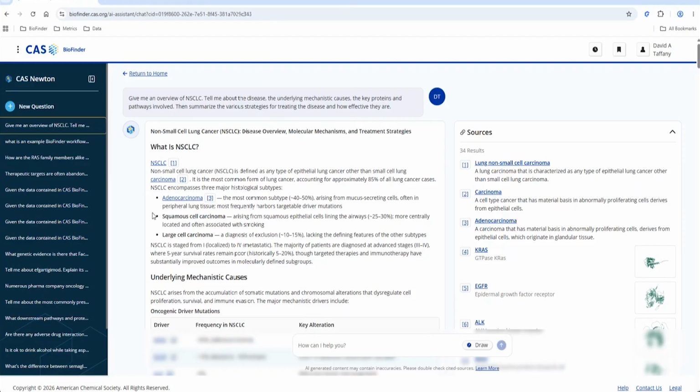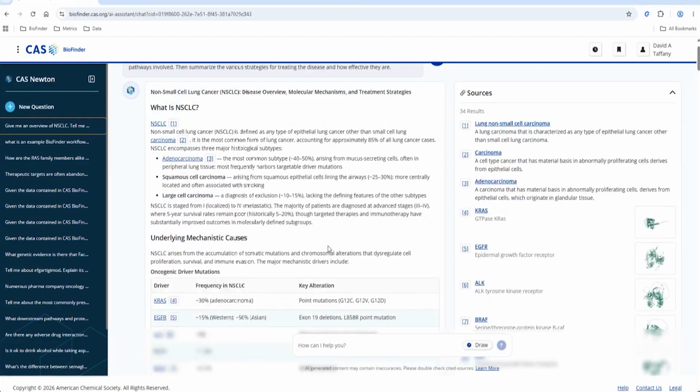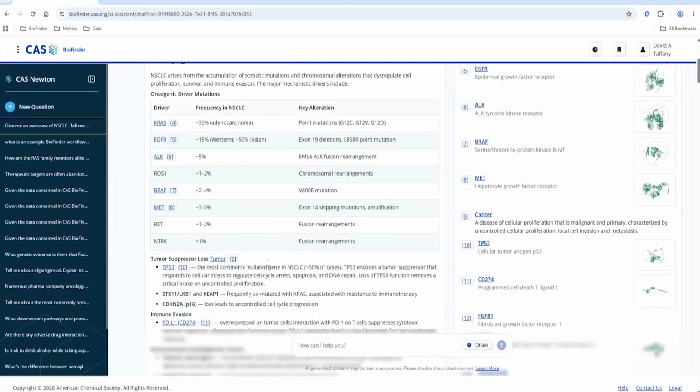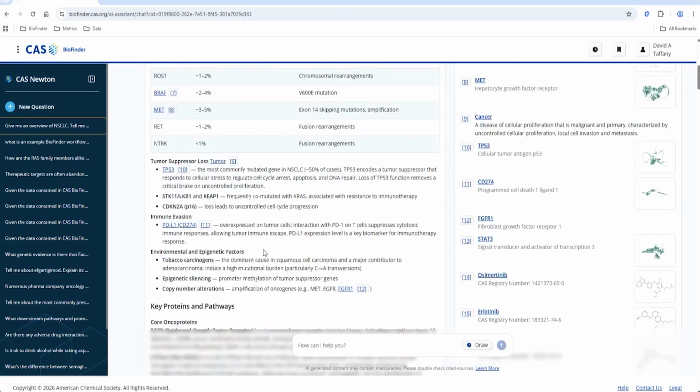So this is the summary it's going to generate. It'll start by defining the disease, non-small cell lung cancer, epithelial lung cancer. It'll break it down into the major subtypes here, and then give information on staging. It'll get deeper into the underlying mechanisms. We'll see that Newton has organized the mechanisms into different oncogenic drivers, tumor suppressor genes, immune evasion, environmental and epigenetic factors